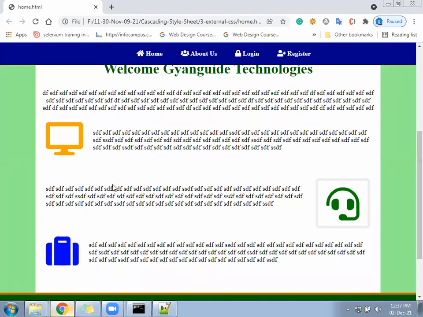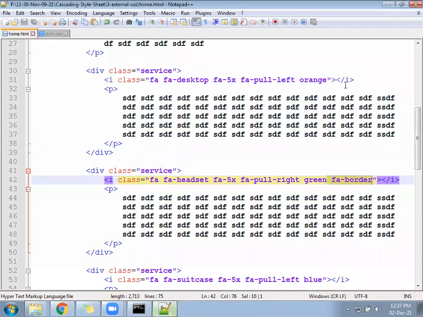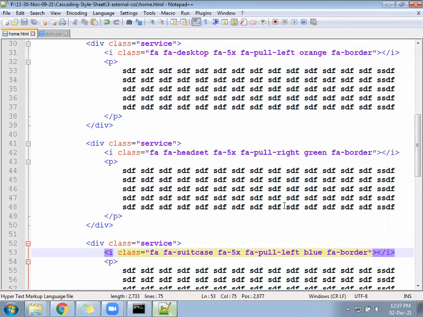The remaining three icons also, we can apply the border. FA border we can put in all the places. So desktop also should have FA border, and the suitcase also we can keep FA border. The border will get applied surrounding.